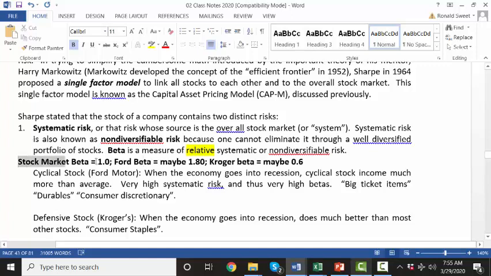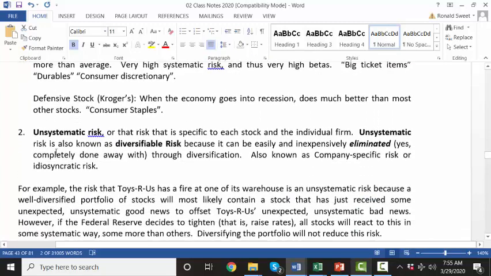So, very important concept. Beta is a measure of the relative systematic risk of an individual stock, where the stock market's beta is 1, so every other stock's risk is measured in relation to 1. If they're above 1, they're a cyclical stock. If they're below 1, they're a defensive stock. So that's systematic risk. Unsystematic risk